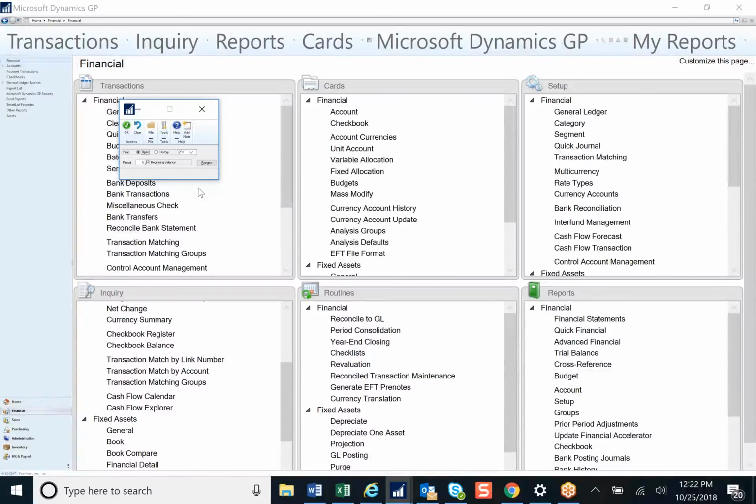Now, obviously, I would never suggest you do this during years that could be audited. But if you've been using GP so long that you've got open years or historical years that are in detail, dating back to the early 2000s or even 1990s,